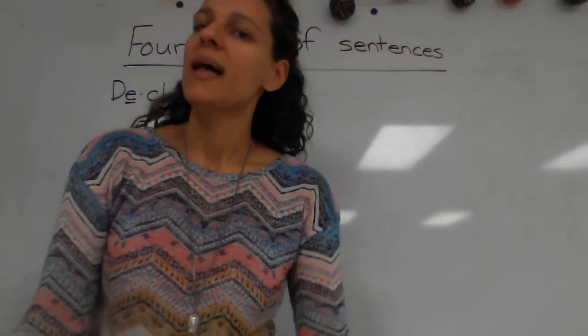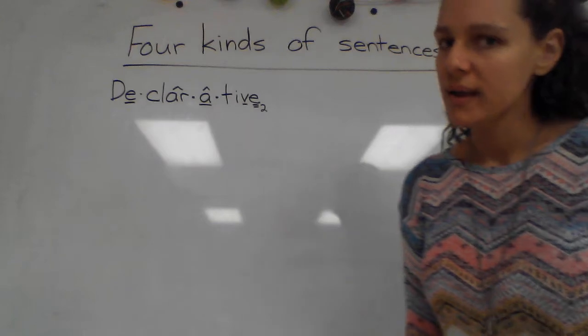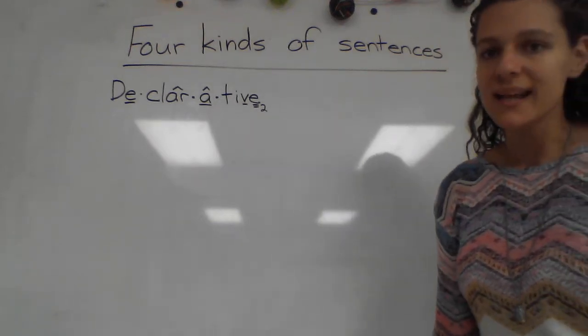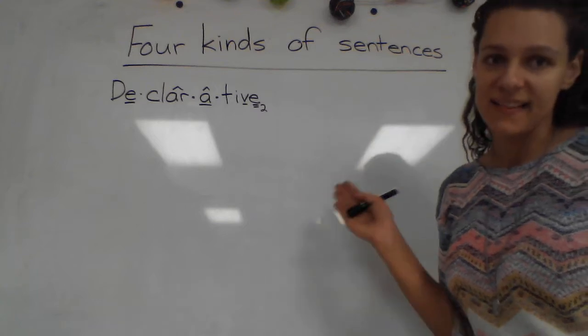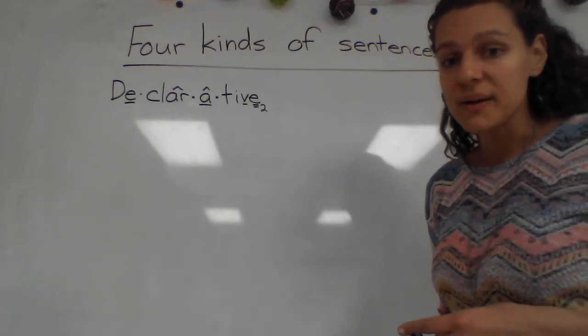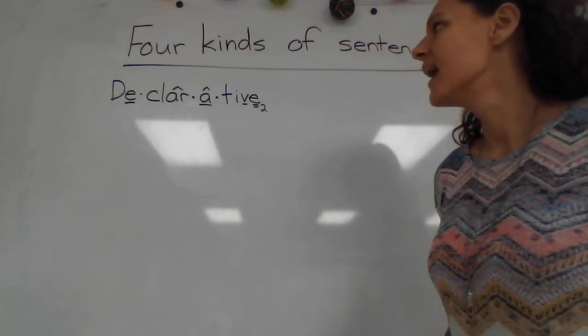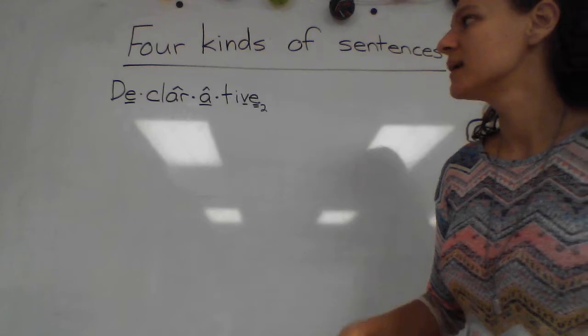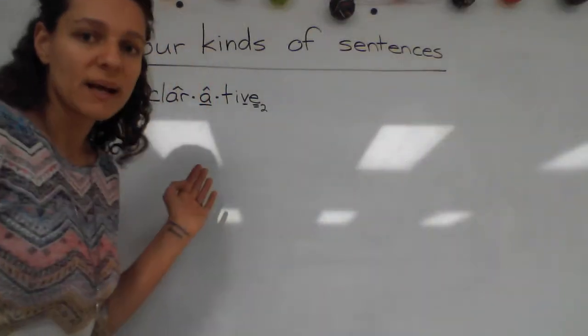Second grade, we have talked about two of the kinds of English sentences that we can have, but altogether there are four kinds of English sentences. So today we're going to learn about the other two kinds of English sentences. All right, the first one that we learned that we already talked about,